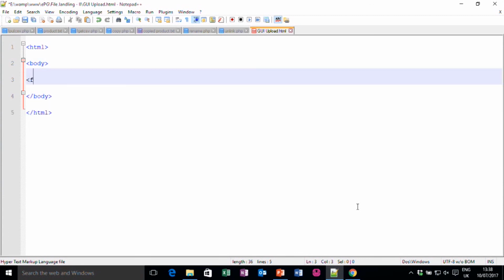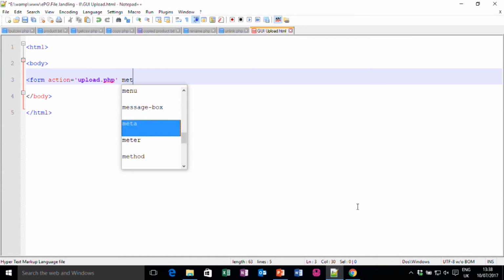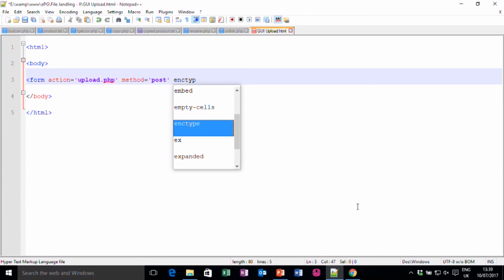Inside the body tag I require a form, action is equal to, let us say the name of that file is upload.php. Method, as we know, we have to write post, and encryption type is equal to,